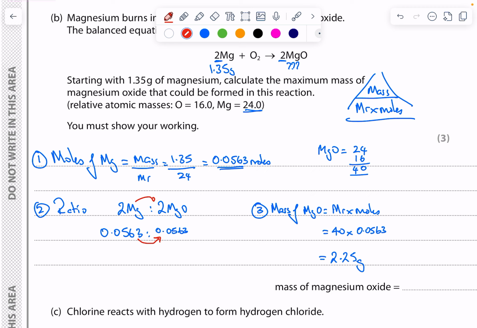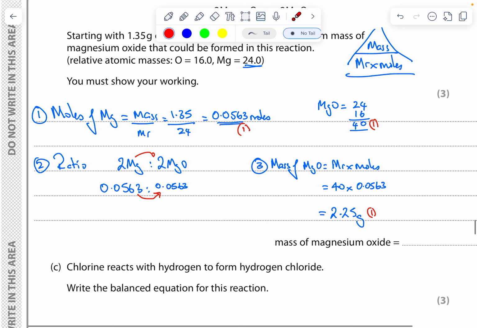Mark wise, there are 3 marks. So you're going to get 1 mark for working out the number of moles, 1 mark for working out the Mr, and then 1 mark for finding the final answer. You won't get a mark for the ratio because here it's just a 2 to 2 ratio. Carrying on,